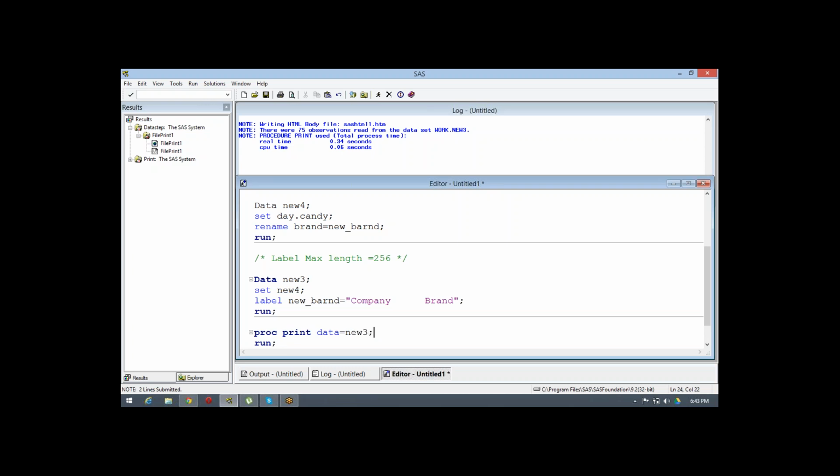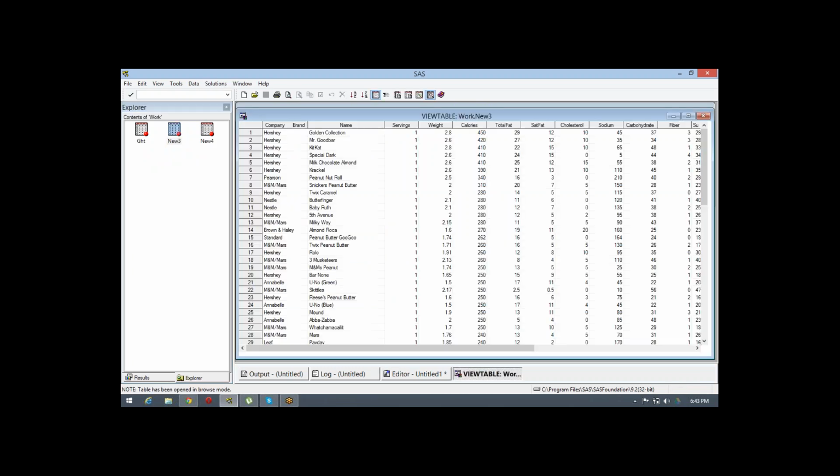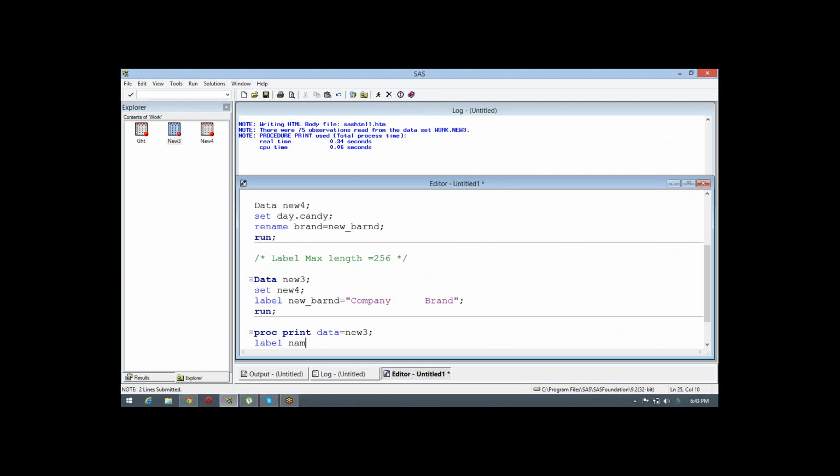Let's suppose I created a new label over here for new 3 for name, EMP name.